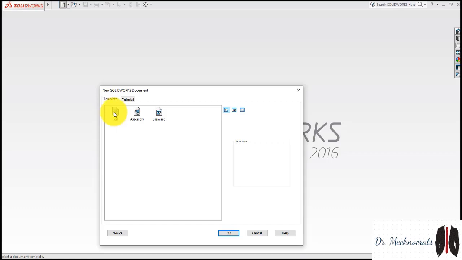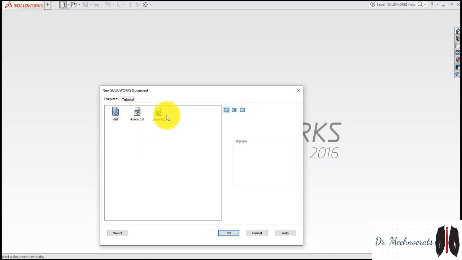Second one is the assembly module. When you have to combine the different parts in one assembly, you have to use this assembly module. And the third one is the drafting or drawing mode, which is generally used to prepare mechanical drawings, right, which will represent the tolerances, widths, and the various machining symbols which we can use to make those physical parts.